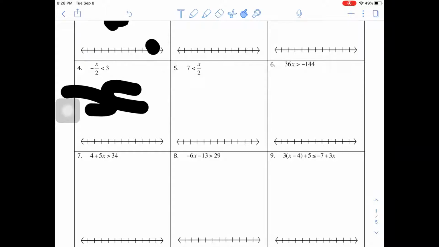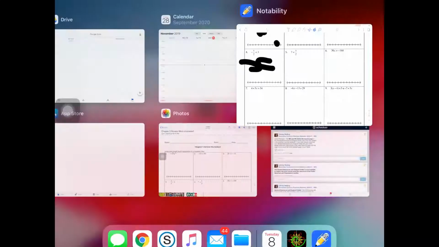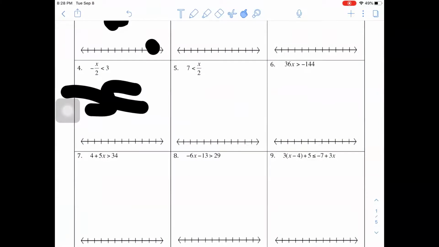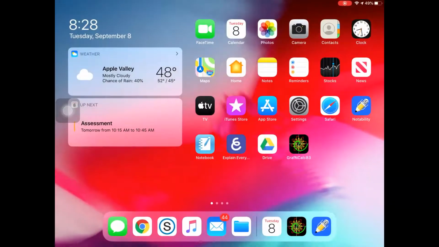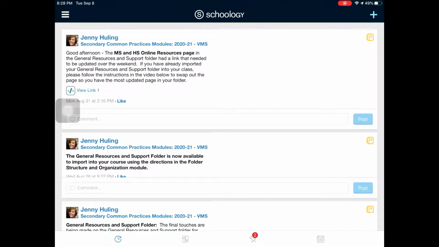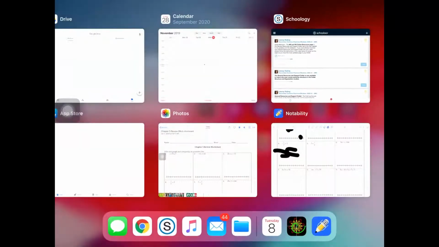Now I'm going to give you a little bonus. So say I want Notability and Schoology to be bigger. I want to go into Schoology, and easy enough, my Schoology is right here. So what you do is you go into your Schoology or Notability or whatever, go in, make sure that the app is again in your dock, grab onto it just like so,